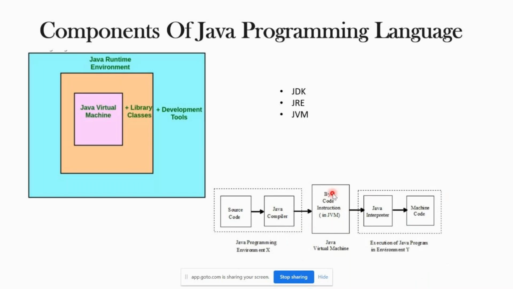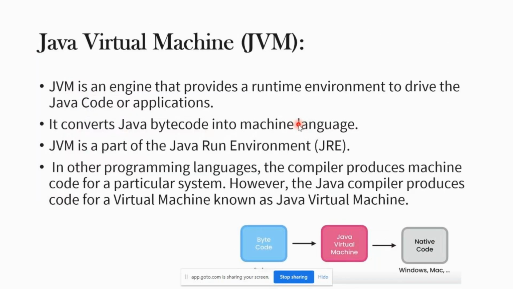So JVM is the one who is doing the conversion, who is doing the communication process. Whatever you compile, it will translate that to the machine code, then your computer will understand it and perform the result. That is called JVM. So let's see the theoretical concept again. As it is interview related, I'm showing the theoretical concept also.